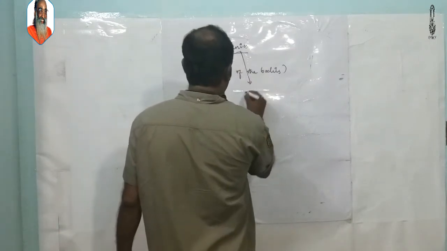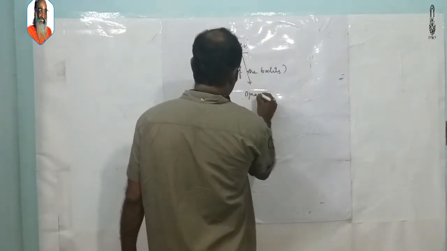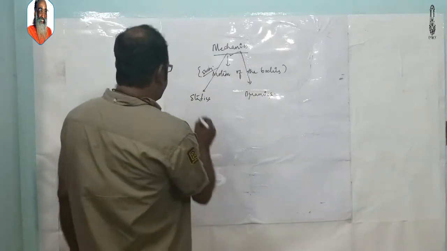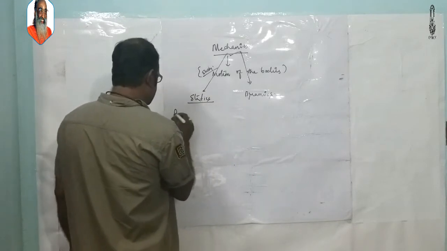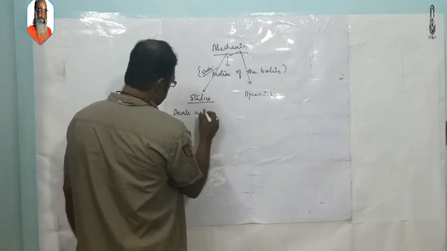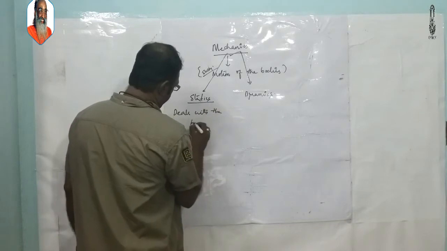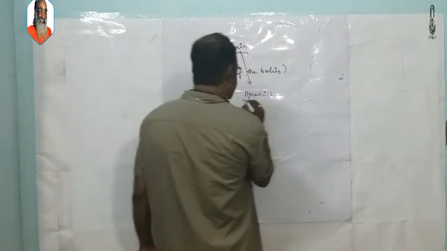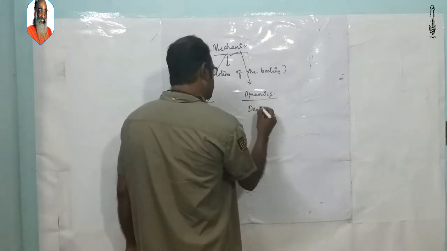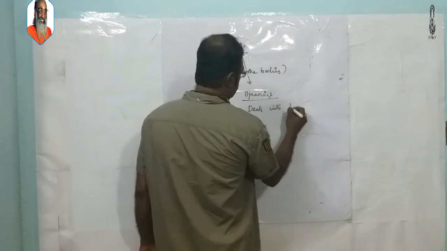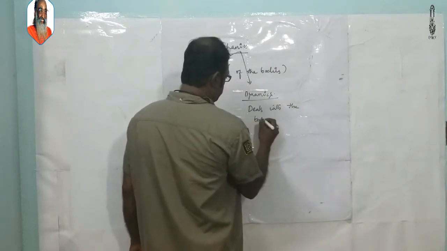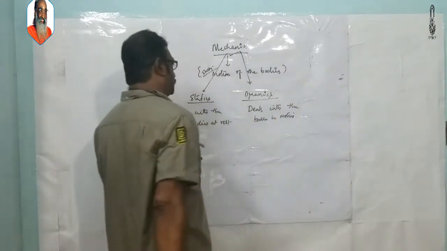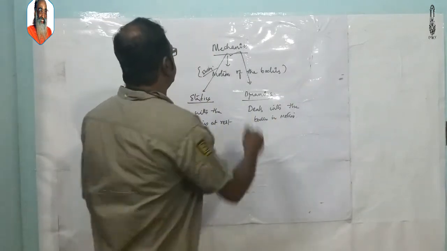and dynamics. And statics deals with the bodies at rest. The bodies at rest. And dynamics deals with the bodies in motion. The bodies in motion. So this is a branch in physics